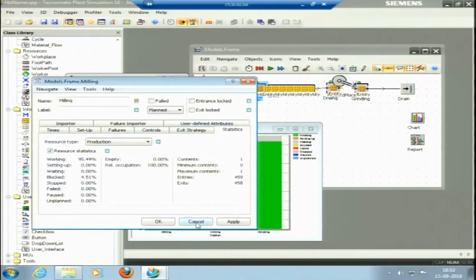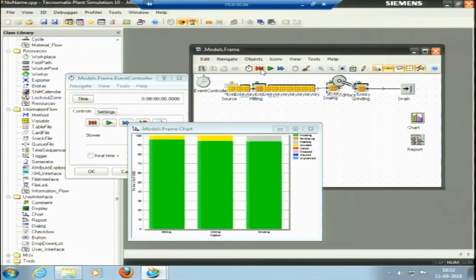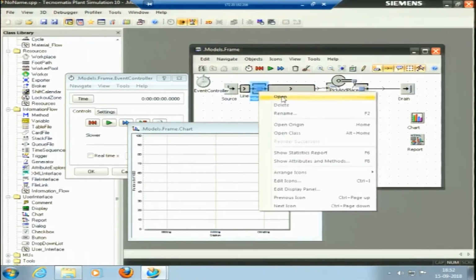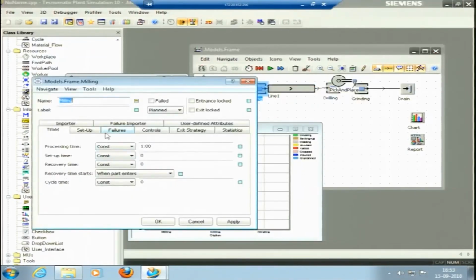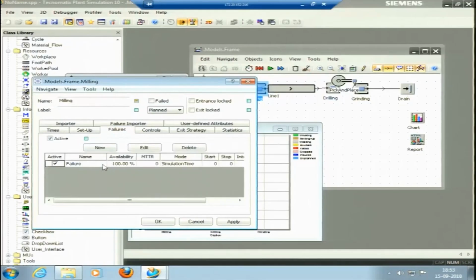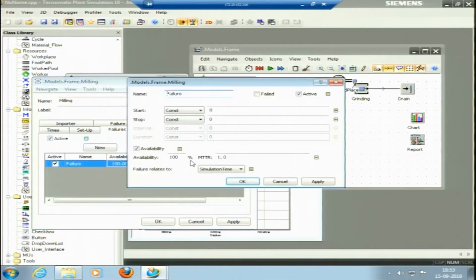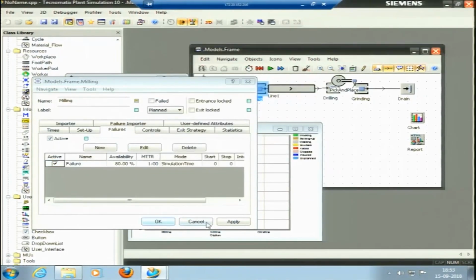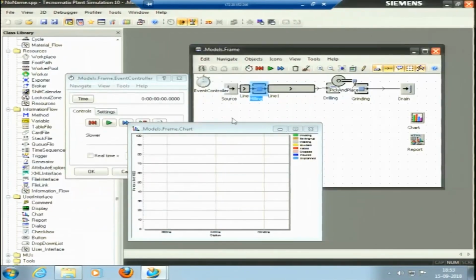So, let me try one thing. Okay, I will say cancel. Let me try to change the failure rate of milling. Failures. Okay, it is available for 100% of the time, that is why none of the failures happen. I will change it to 80%. For 80% of the time it is available, for the 20% of the time it might fail. So, let me apply it, and okay. Let me run it again